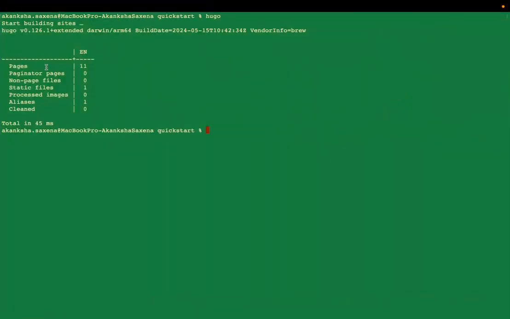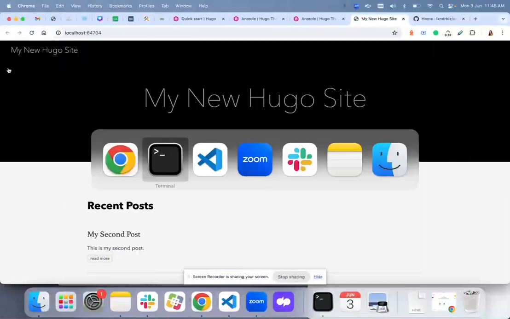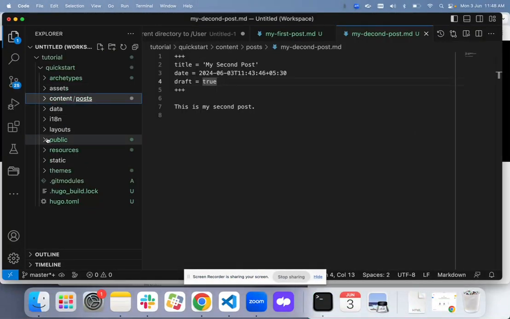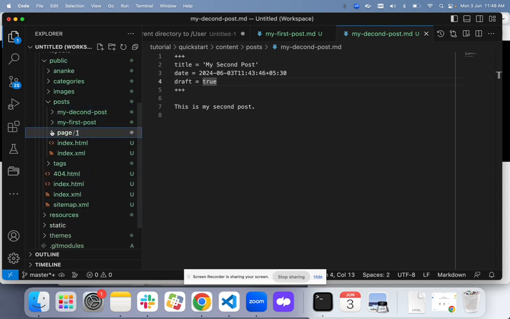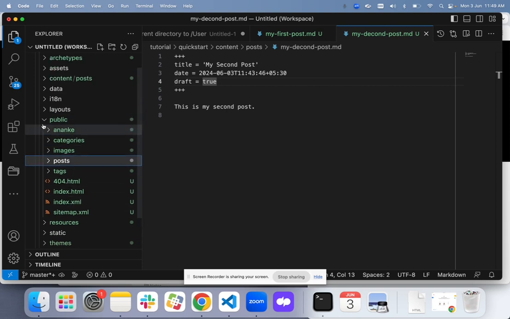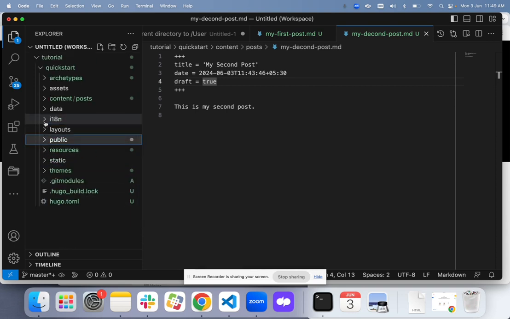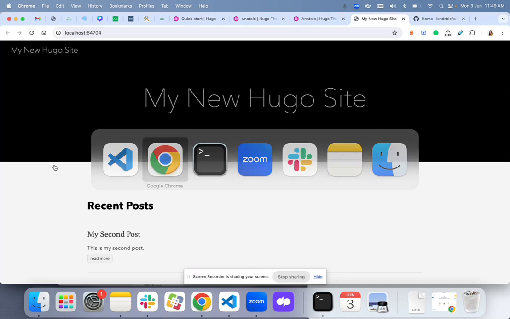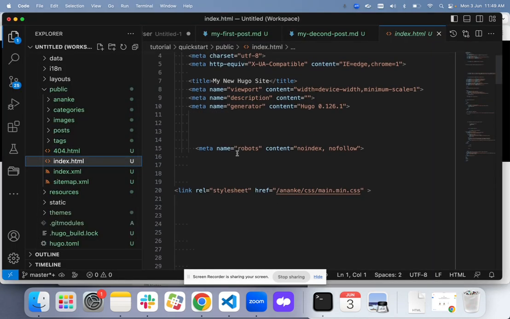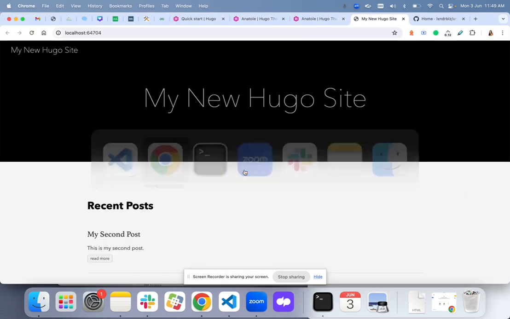How many pages has it created? It has created 11 pages and one alias for us. I'll go into the public section and then host it. You just have to host this public section. Take out everything that resides in this public section, or you can create a symlink and put it on your server, and this will give you an index file. Let me open it. Yeah, this is showing us the home page.